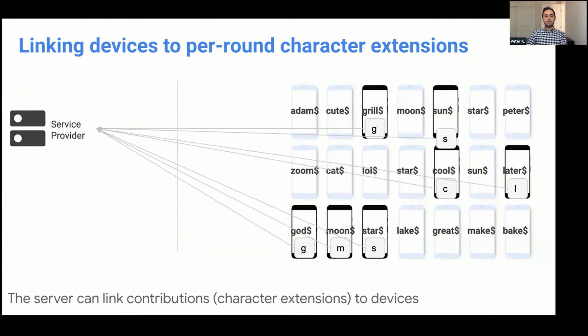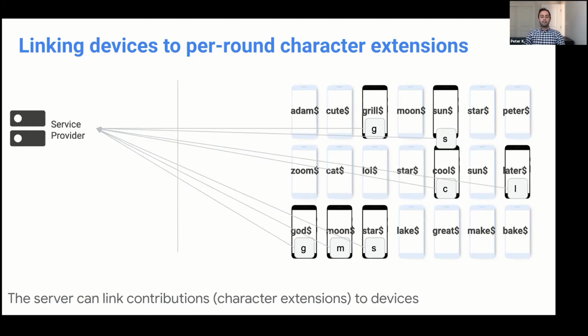So the first weakness is that in every round, the devices that are participating are sending those character extensions. Some of them will remain silent, and that's okay, and that's great for privacy, but some of them are actually sending in clear those characters to the server. So the server can actually link that it got this character from this person. And that leaks some information. Again, it's not a lot of information because we're making sure that the tree of prefixes that we're building only retains those popular prefixes, but still you can link devices to their characters, and that's not okay.